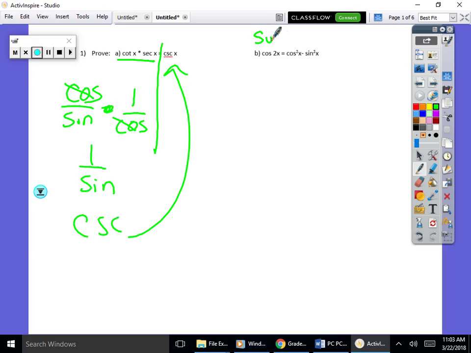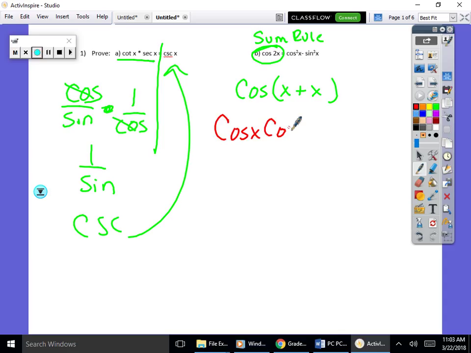You need to use the sum rule. So cosine of x plus x is the same as cosine 2x, yes? Looking towards the middle lower half of your blue sheet, what is the rule for cosine when I have to do the sum rule? What does it look like? Cosine x minus sine